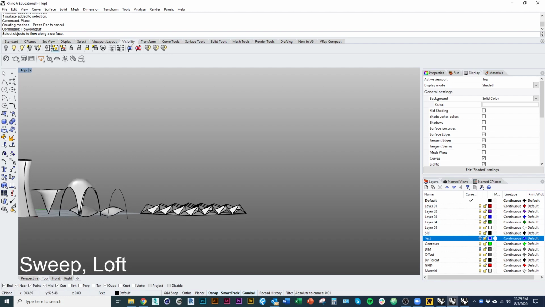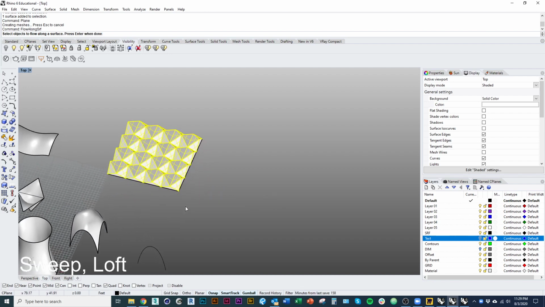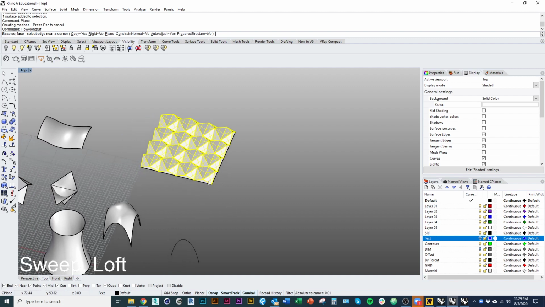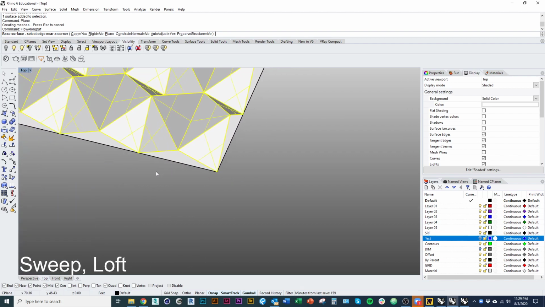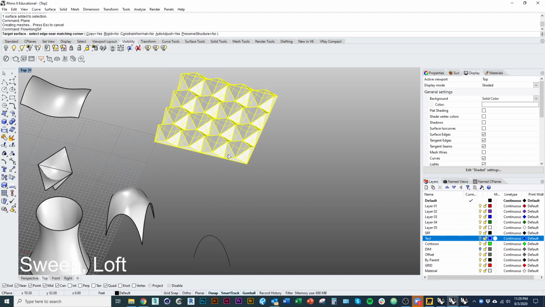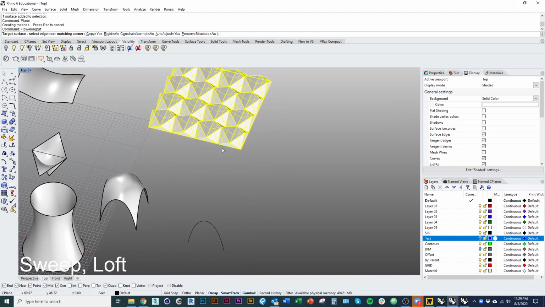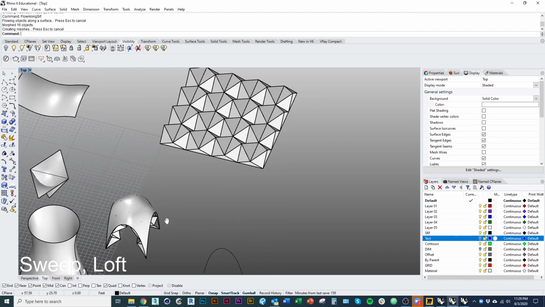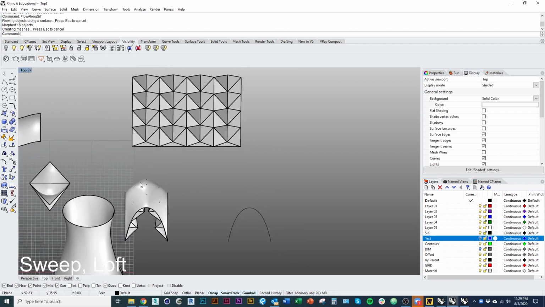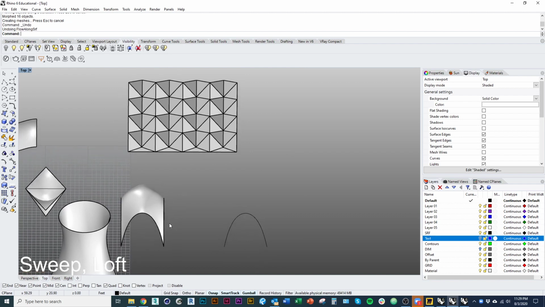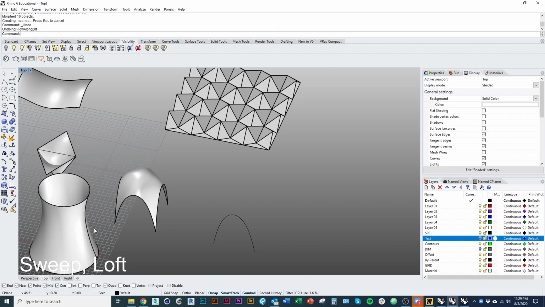So I can select the objects that I want to flow. That's my little folded tiles there. And I'll press enter, and then I select the base surface that I want to use. That's the plane that I just drew. Like when I loft, the corner that I actually click of that base surface is important. I'll explain that in a minute. And then it'll ask me for a target surface, and that's my 3-dimensional surface. And I'll click on this guy. Okay, so what happened is it did it, but it went on the inside of the surface. So one thing we have to be mindful of here, something that will often happen,